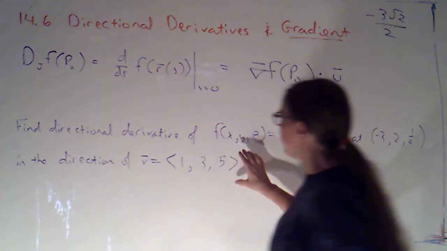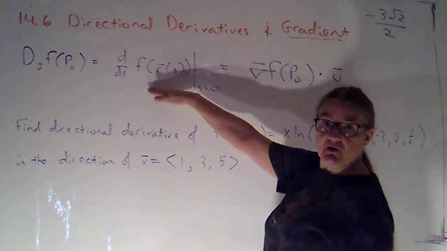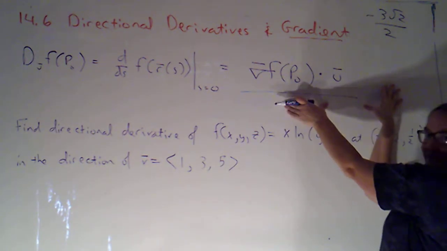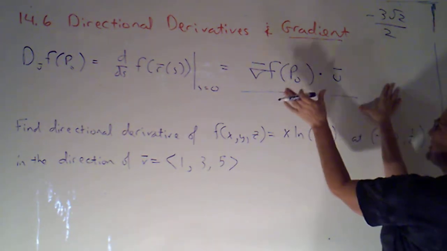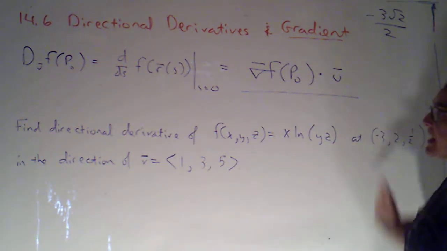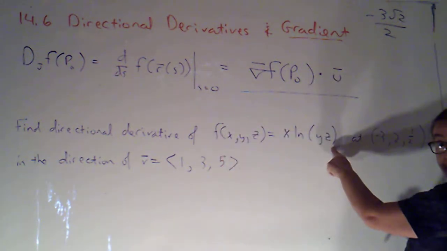I've got a problem up here on the board for you to try. I've kept up here the definition of the directional derivative, and I've added the plug and chug. This is the easiest way to calculate it, which is equivalent to the definition up here. The problem I want you to try is to find the directional derivative of this function of three variables,